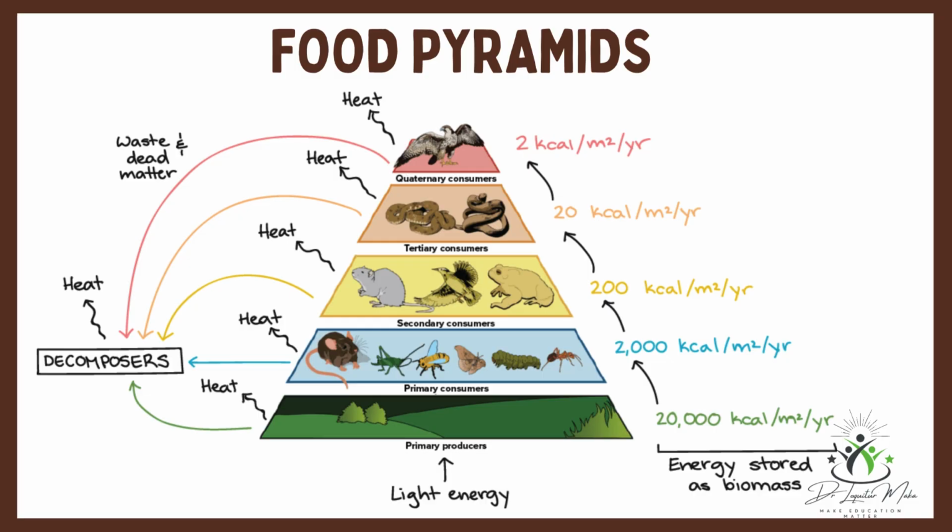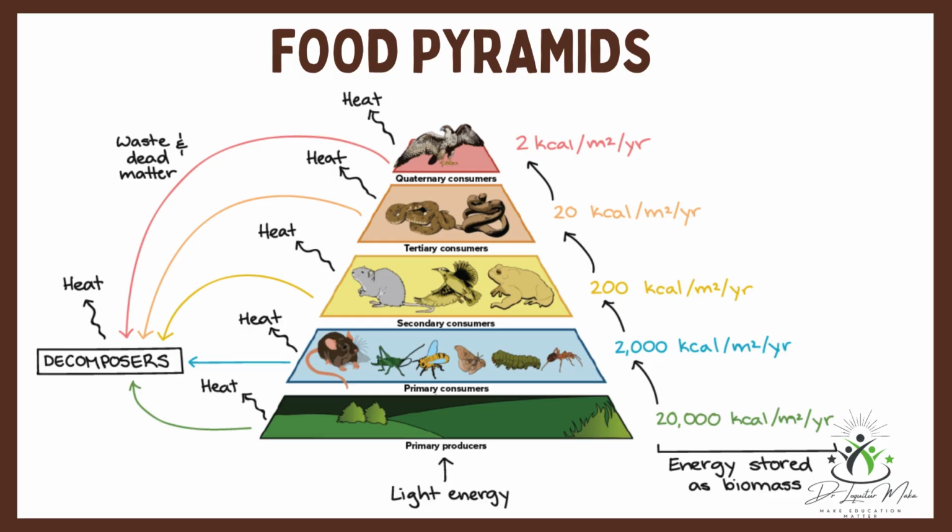It's easy to show how the producers, which are usually the largest group, are followed by the primary consumers, which is a slightly smaller group, then followed by the secondary consumers, you can see the frogs there, and then followed by the